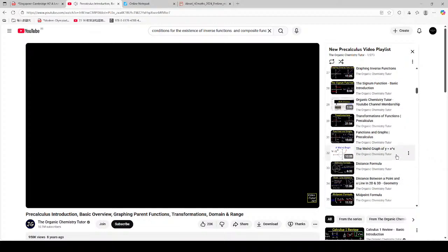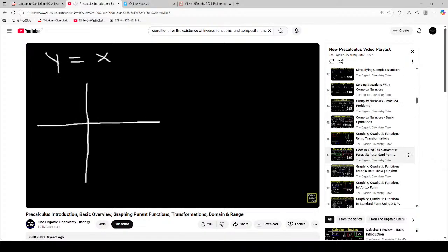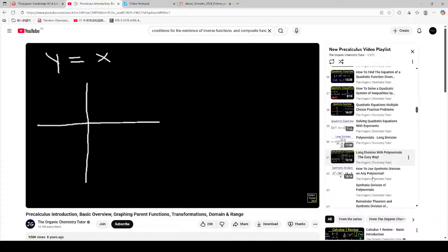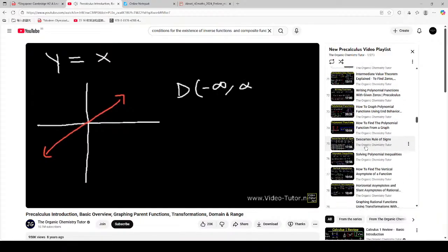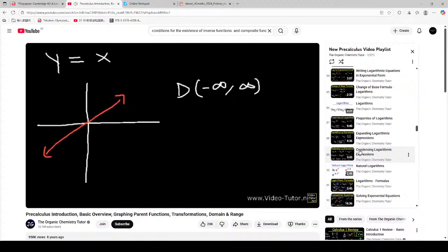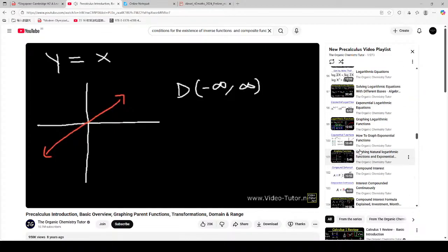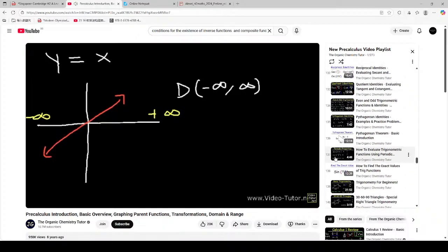But let's go over some basic parent functions. Let's start with the graph y equals x. Now this graph is basically a linear function. The line should pass through the origin. And for any linear function, the domain is negative infinity to infinity. The domain represents the x values that the function can have. As you can see, x can be anything. Whenever you're analyzing the domain of the function, look at the function from left to right. The lowest x value that it can have is negative infinity, and the highest is infinity. Now this function will